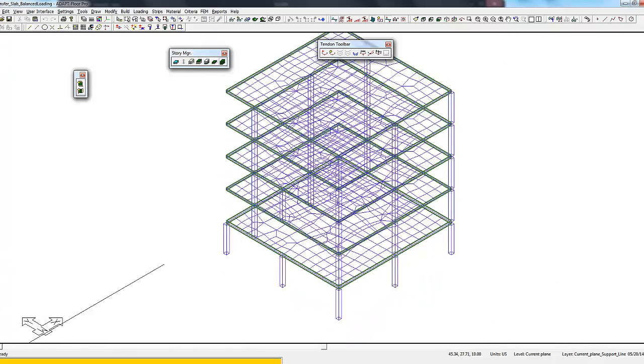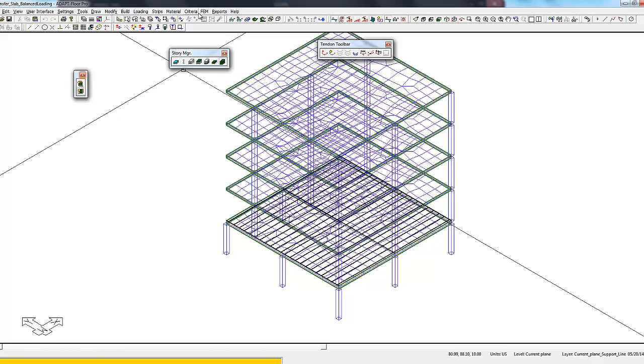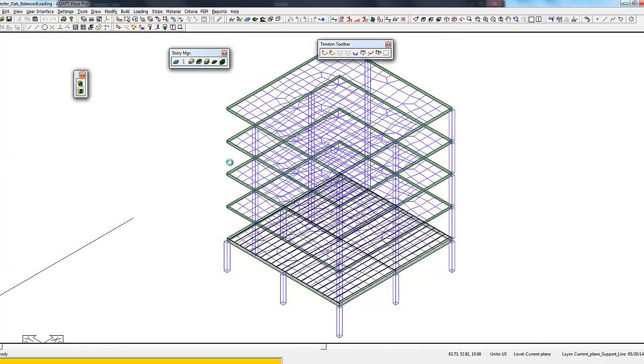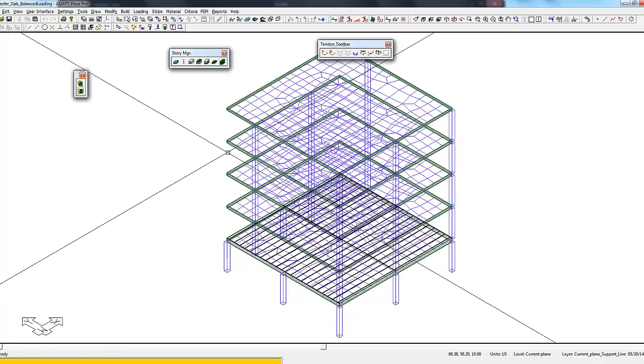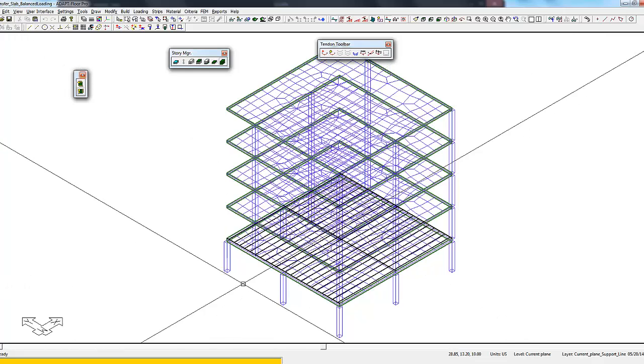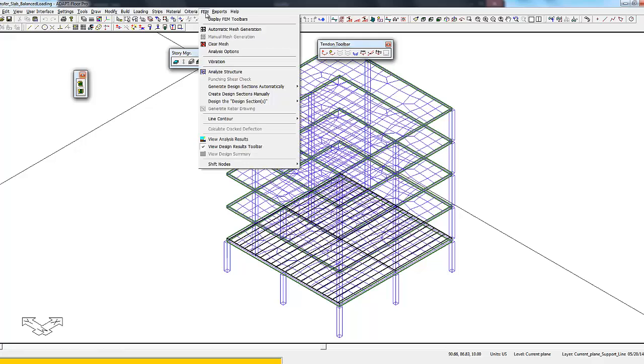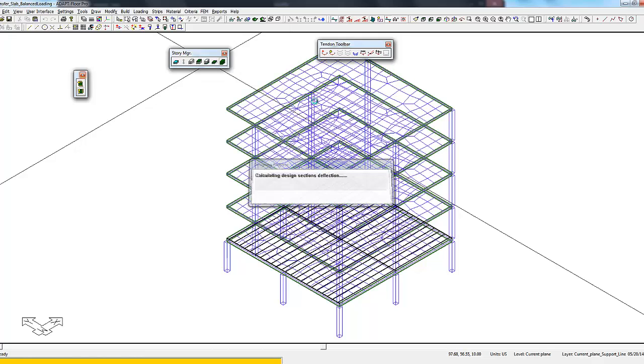and after we analyze the structure we can now look back to the first elevated level. We're going to turn on the strips again. We'll just go ahead and display those strips. We can see the strips here, and rather than analyzing at a single level mode, I'm just going to design at a single level mode. I'm just going to design these strips from the global solution. So if I go to FEM, design the design sections,